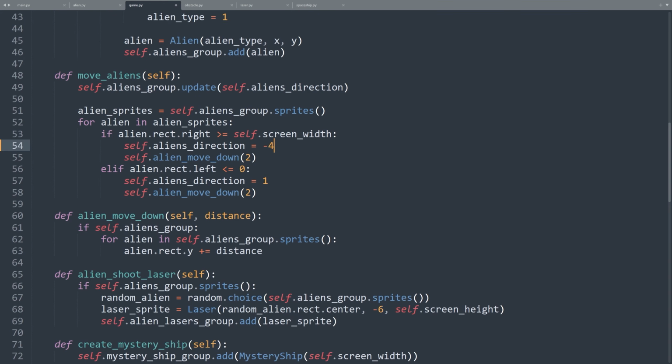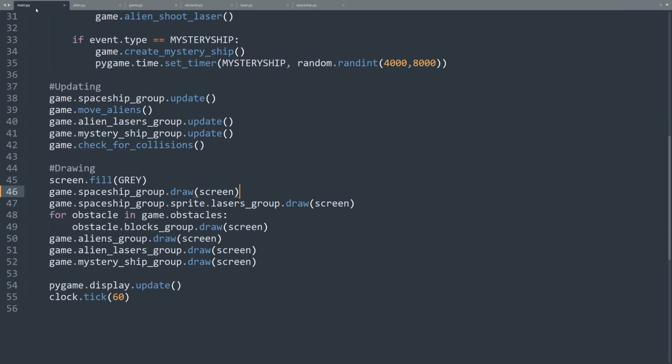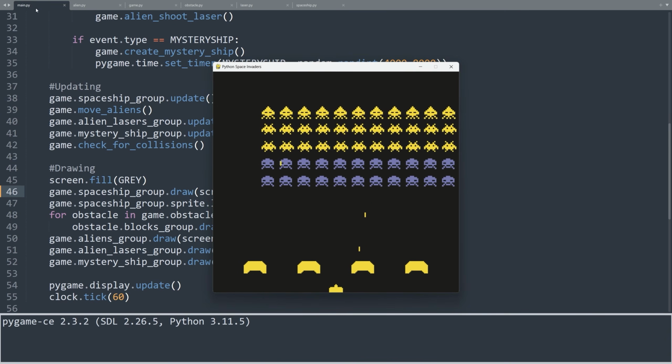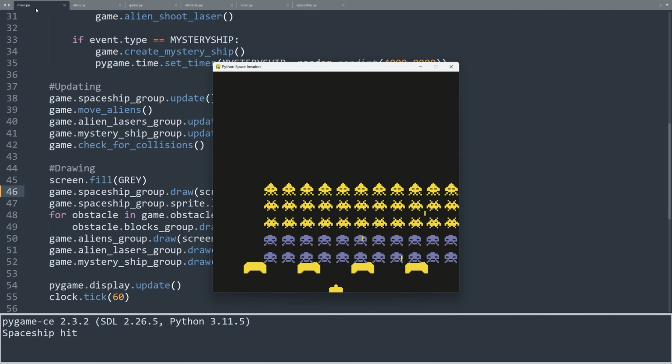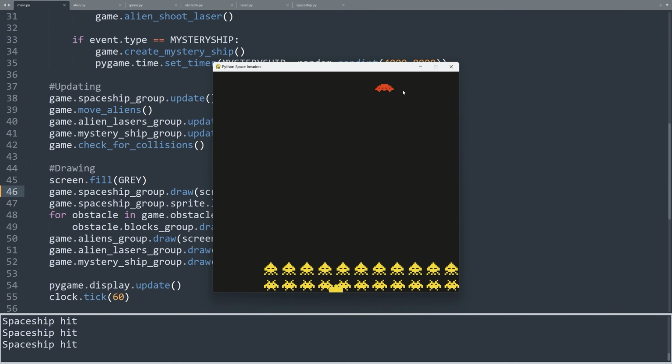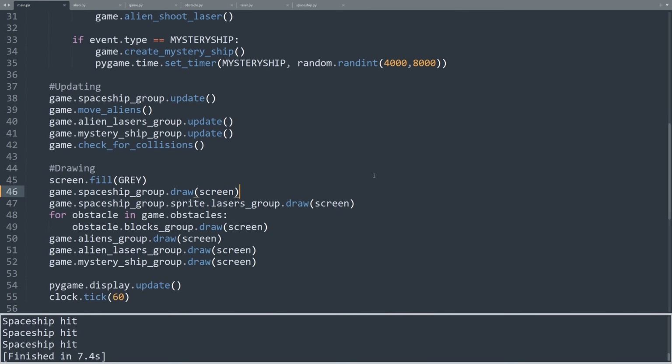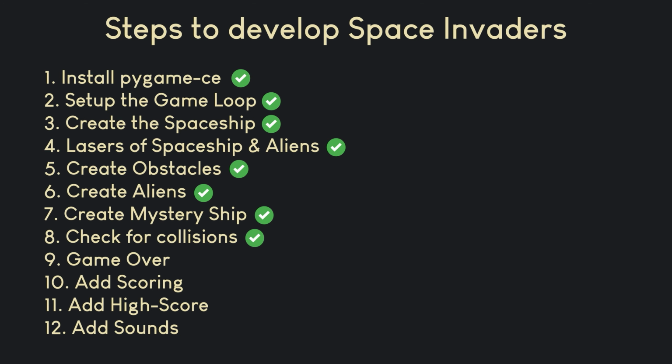Let's test our game one more time. I will increase the alien speed to check for collisions without having to wait for a long time. Let's see. As you can see, when the aliens hit the obstacles, they are wiped out, block by block. Perfect. Also, when the aliens hit our spaceship, we get a message to the console that the spaceship got hit by an alien. Very cool. Believe it or not, with this, our game mechanics are ready. Great job on reaching this far in the tutorial. Another step is now complete.